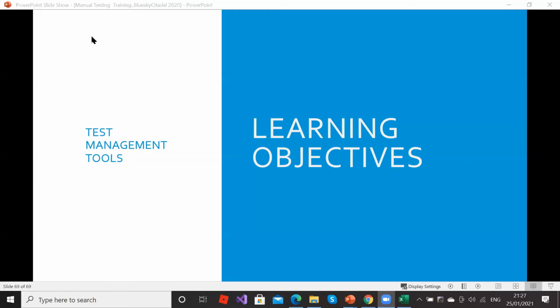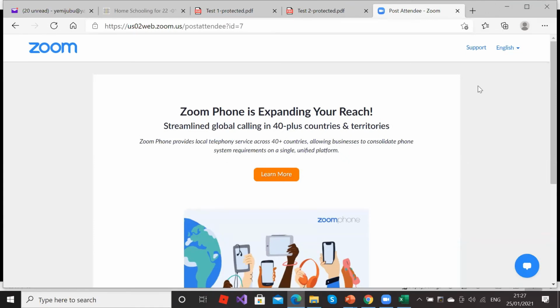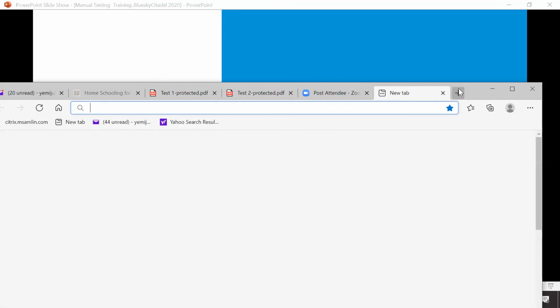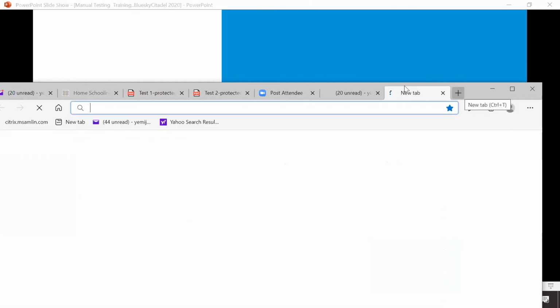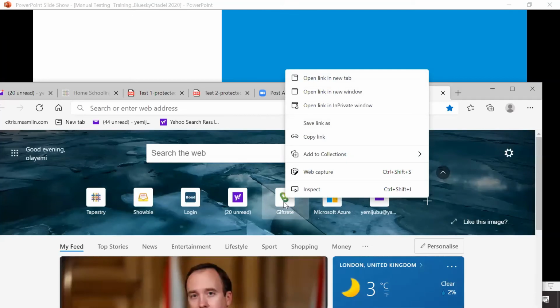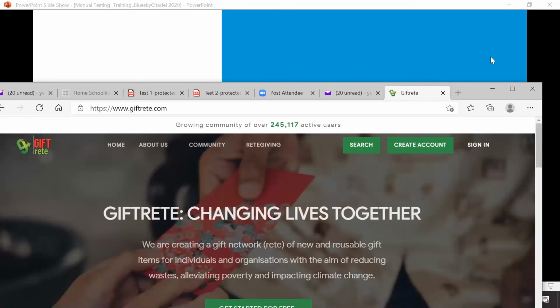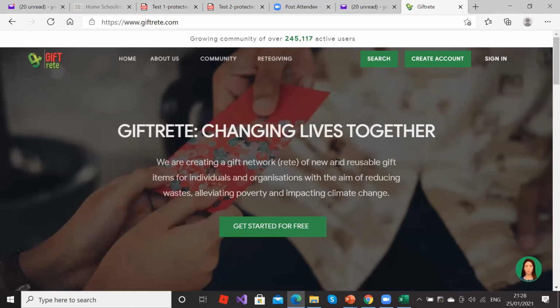So similarly, the same way we are going to do today, and I'm just going to give an example of it. So I'll just go straight to this place. I'm sure you all can see my screen. So I'm going to use GiftRate as an example. So this website